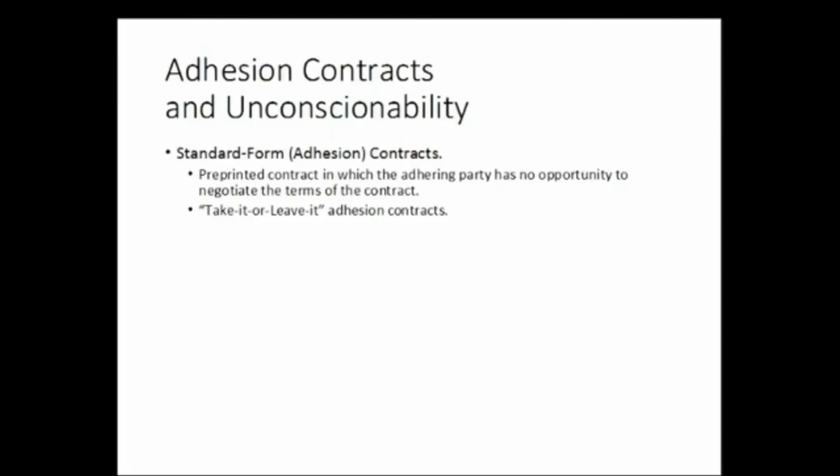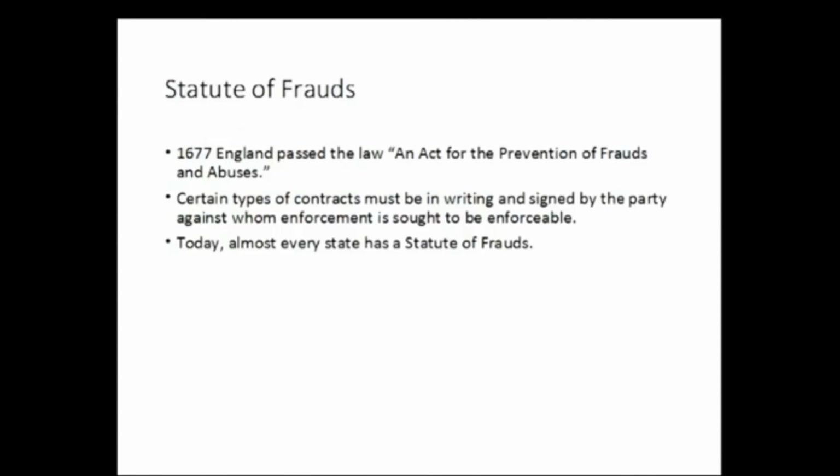Duress is like undue influence, but a little bit different in that you force the party into the contract under fear or threat, and that makes it voidable as well. And the threatened act must be wrongful or illegal. I will harm you if you don't do that. So threat to exercise legal right, sue, basically, I will have you arrested if you don't do this, or economic or physical.